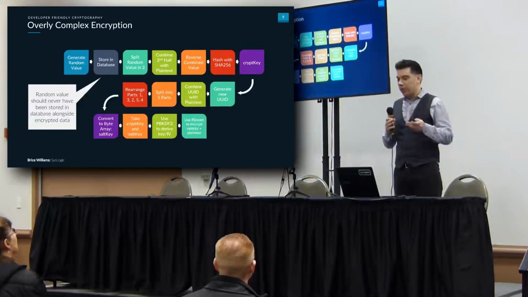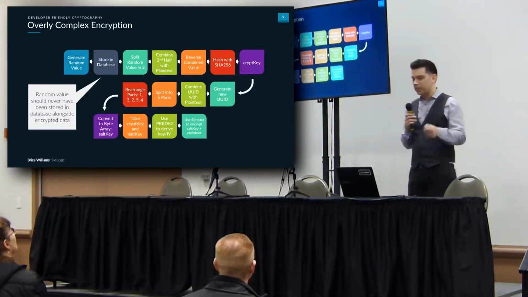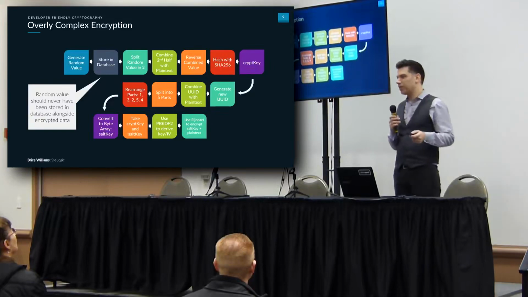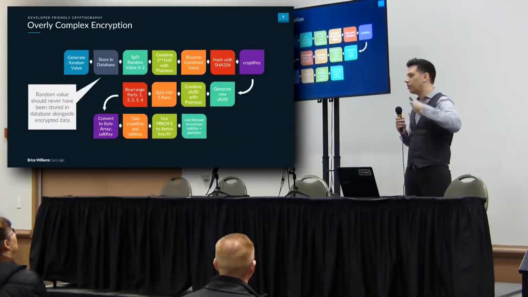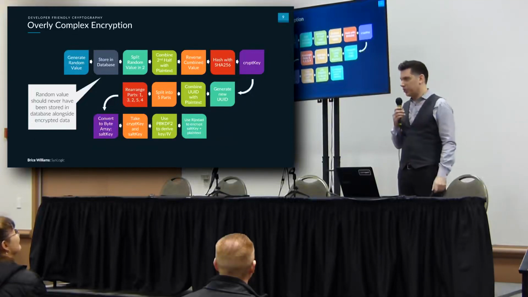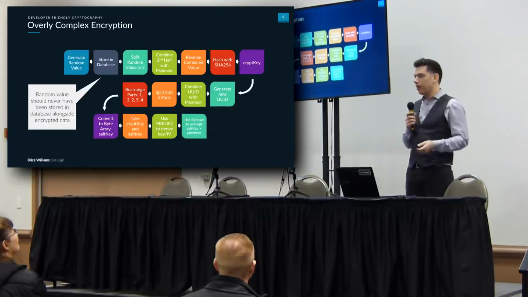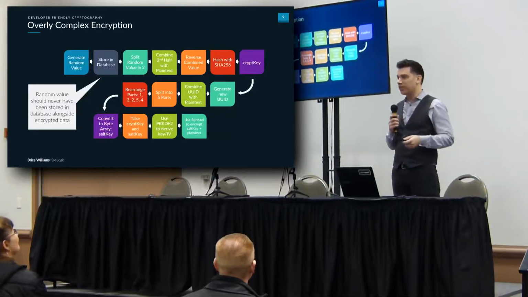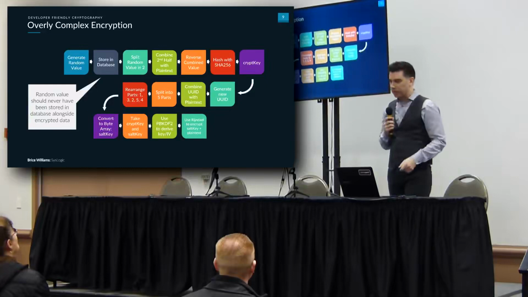But the reason I think the designers put this in place is because they recognized that by storing the random value in the database, maybe it felt wrong. They knew there was some sort of weakness, so they added additional layers of obfuscation, essentially to make it more difficult to reverse engineer. Now, obviously we figured it out, and an attacker with enough information or access could do the same thing, and ultimately potentially reverse engineer and recover the plain text values that are stored in the database.